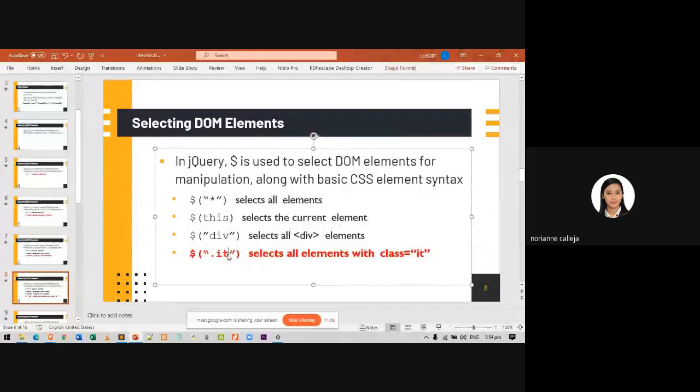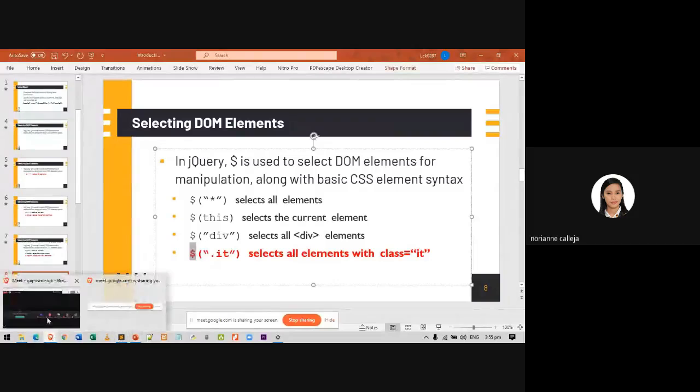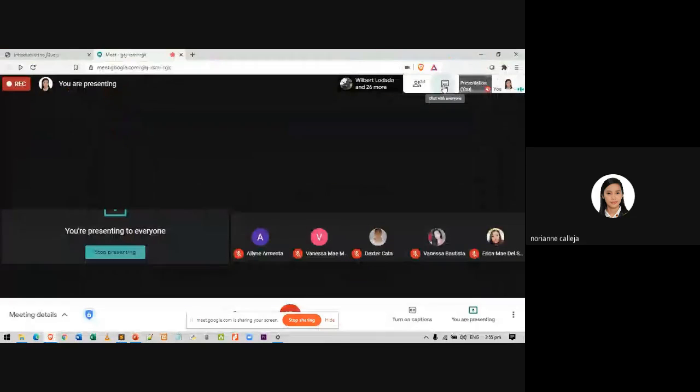That is how you select an element with a class. Again, start it with a dollar sign followed by dot and the class name enclosed with quotations and parentheses. So clear? Is it clear?